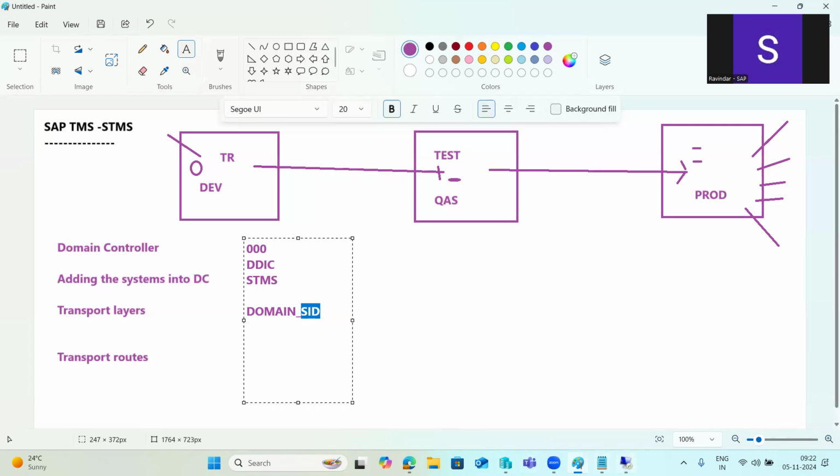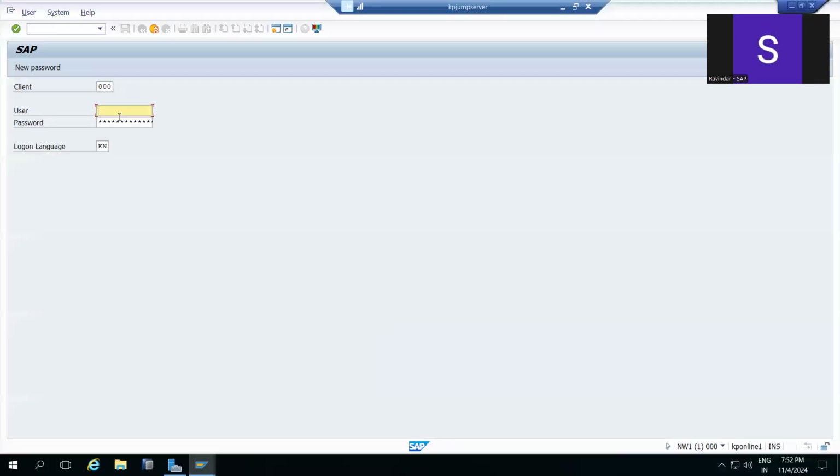So we need to log into the 000 DDIC with the SAP star password. So what happened?